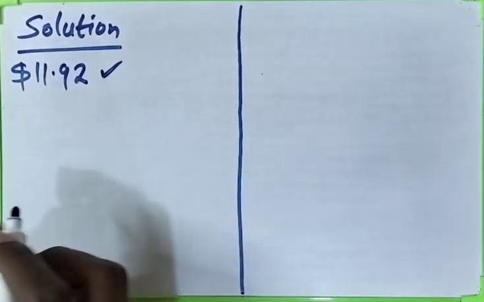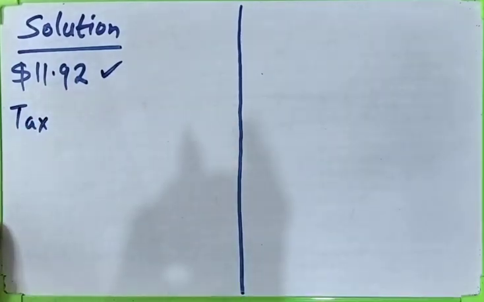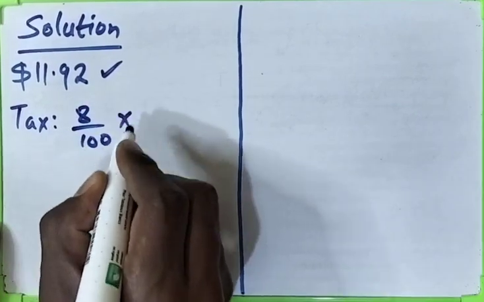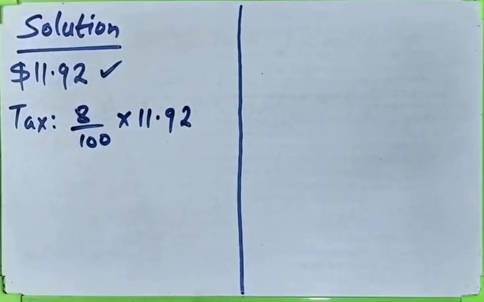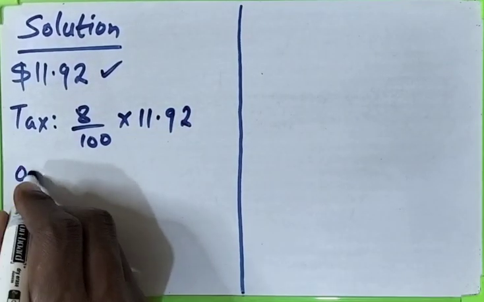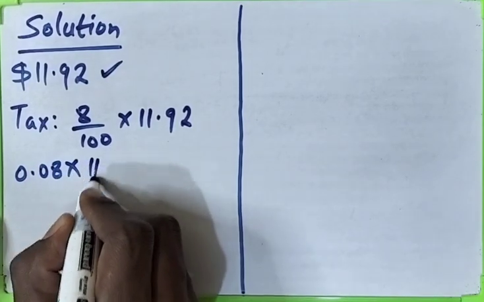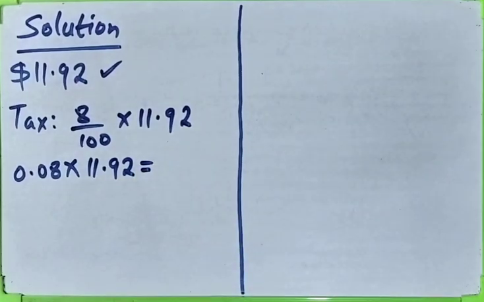We also have tax of 8%, which we can say 8 over 100 times 11.92. Let us find the tax amount, which is 0.08 times 11.92. If you use your calculator, you will get